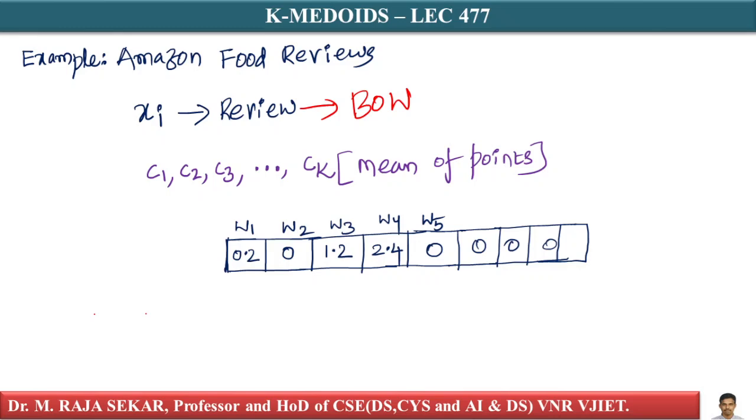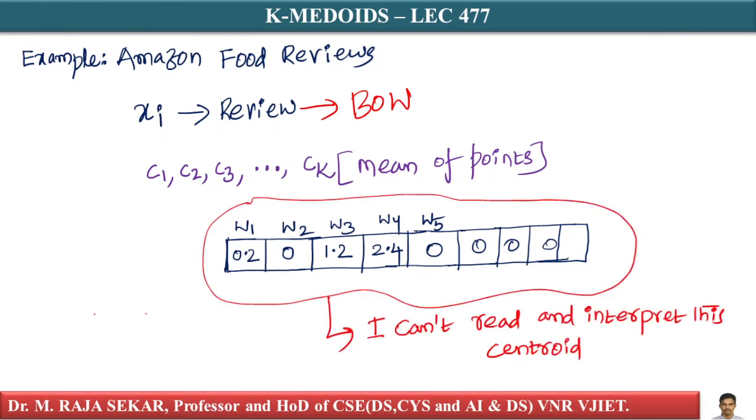Now, if you give this centroid C1 to me, how do I make sense of the centroid? I can't read this review at the end of the clustering. You might say this is the first centroid C1, but I can't read and